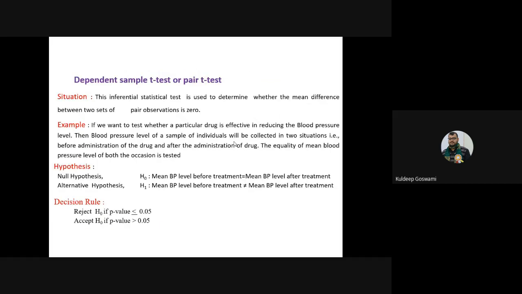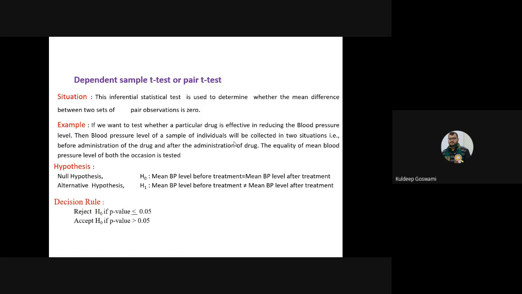Again, the dependent sample t-test or paired t-test. This kind of test is generally used when you have one sample, but that sample has two sets of data, before and after. Say we are using a drug to control blood pressure level. For example, say there are 20 persons,